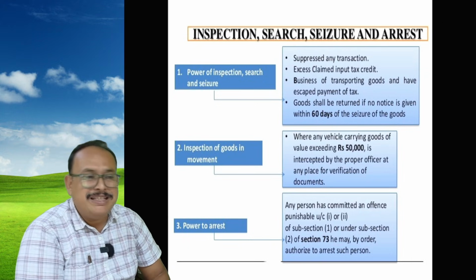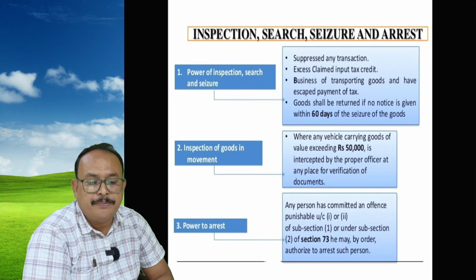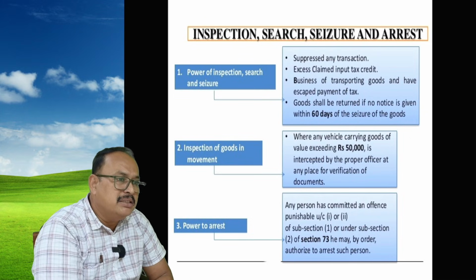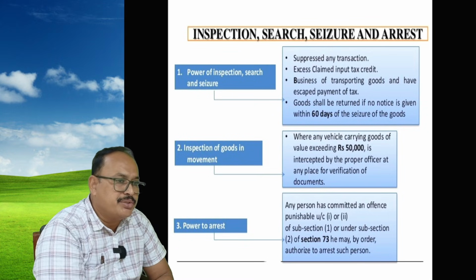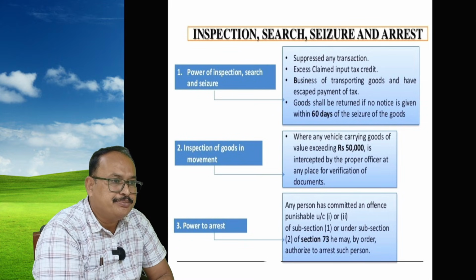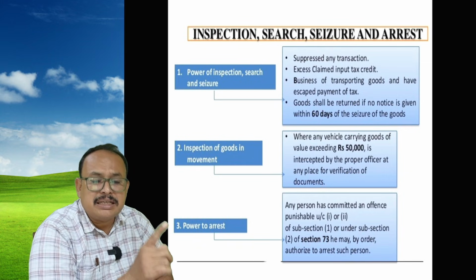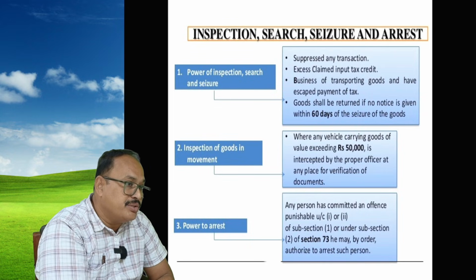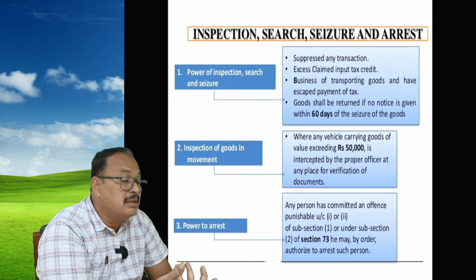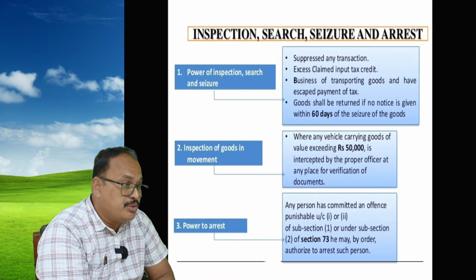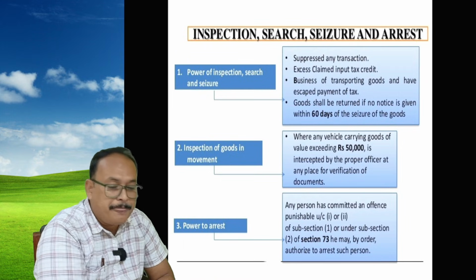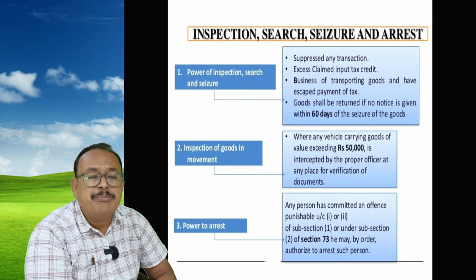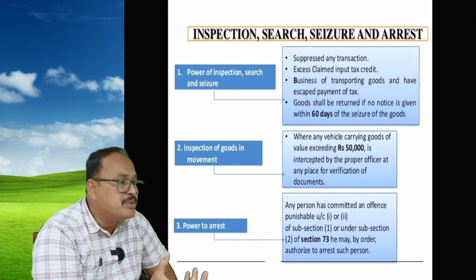First, power to inspect or search and seizure. When you suppress any transaction with malafide intention to cause revenue loss, the department comes for search. Where excess input tax credit is claimed, the department wants to physically verify your records. They come for audit or for such investigating purposes. There may be an investigation where the business of transporting goods has escaped payment of tax. These are symptoms to